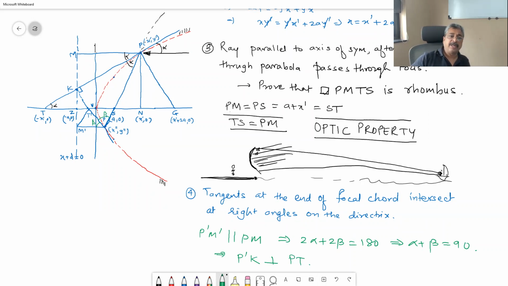Half the work is done, they are perpendicular. Why should they be on the directrix? The hint is join KS. That is how I think I have solved. You might have some better method which we will learn. I give you 2-3 more minutes to think. Using this KS, can you arrive at the conclusion?